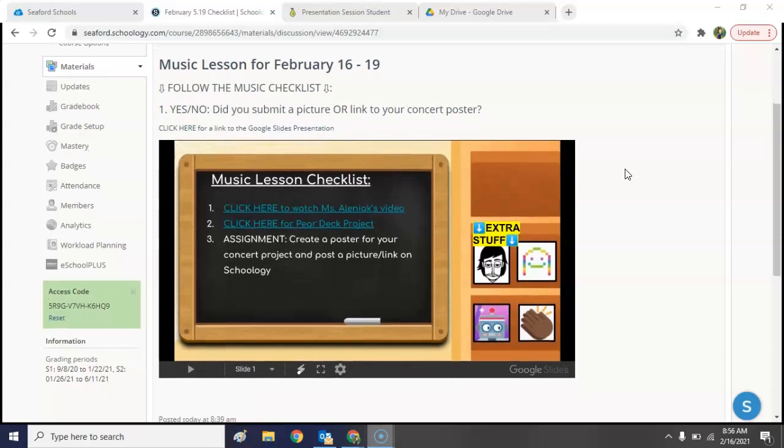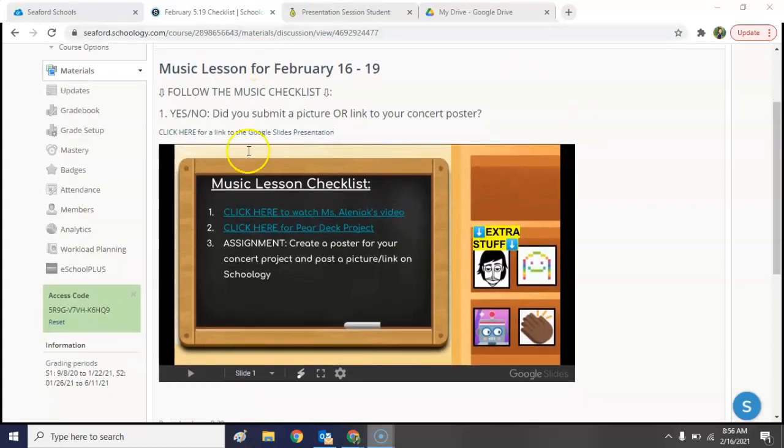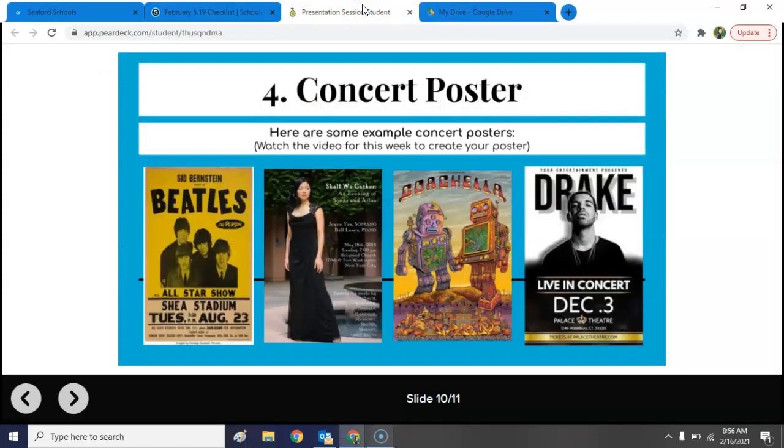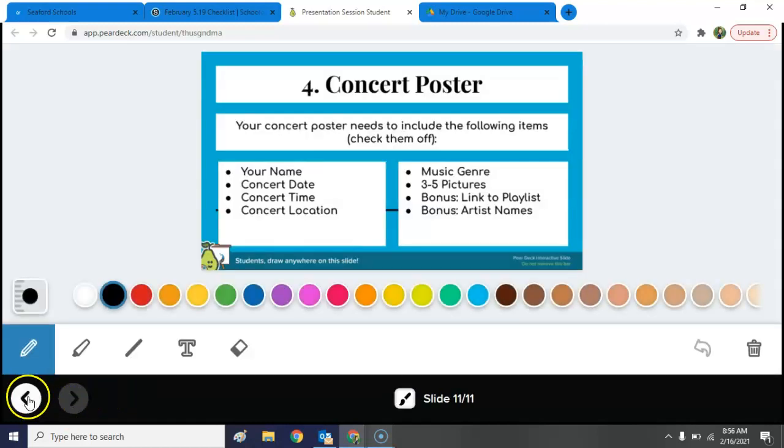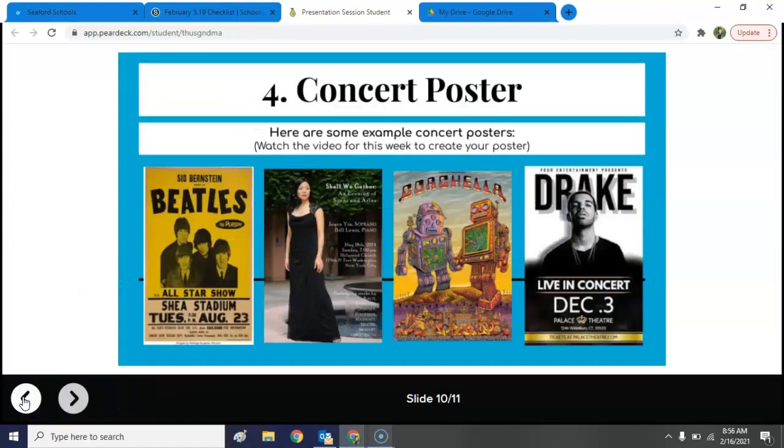So right now I'm on Schoology, and I'm going to take a look at the checklist for this week. Number 1 is click here to watch my video, which you're watching right now. Number 2 is click here for the Pear Deck project. So I'm going to go over to our Pear Deck. This week, you're only looking at slides 10 and 11 all the way at the end of our project, Pear